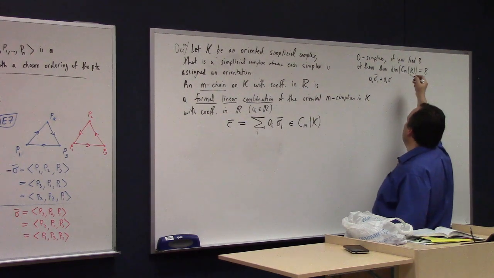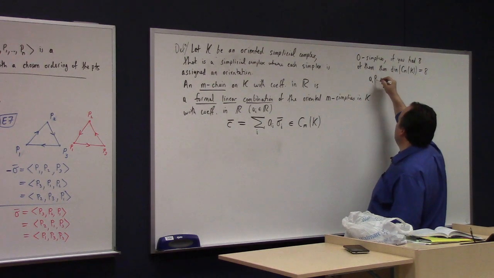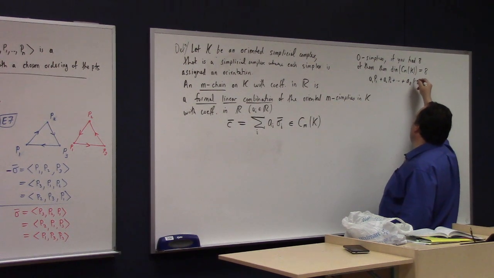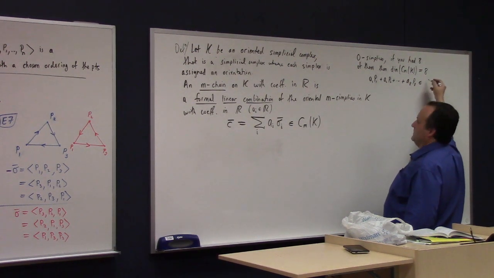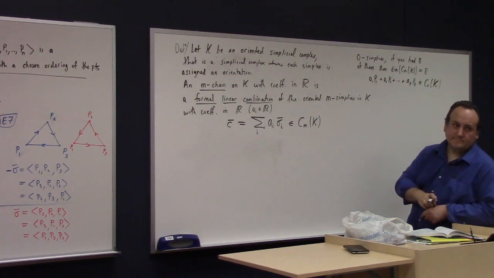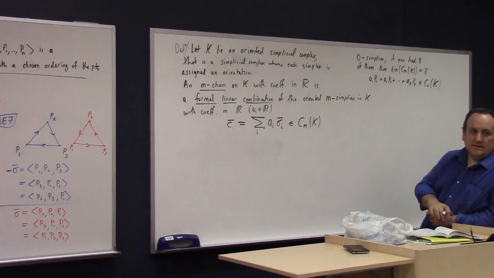I kind of want to write P. A typical point here would be something like a1 P1 plus a2 P2 plus and so on plus a8 P8. That's a typical element of C_0(K) in this context. And in this context, you're going to completely ignore any kind of